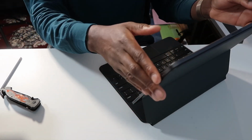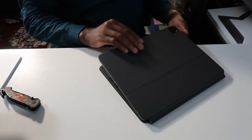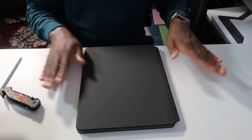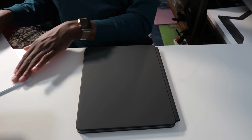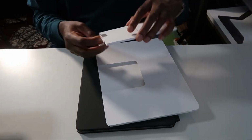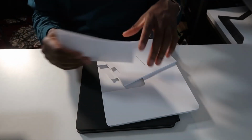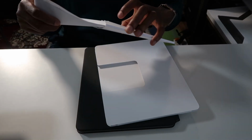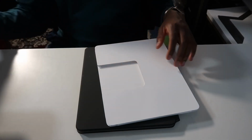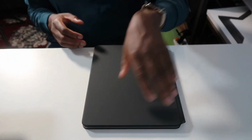So all right, let's try to close this down now. Wow. Okay. Flat and nice. Let's see if there's any other packaging inside the box for the keyboard. So it has this. What is it? Apple sticker, Magic Keyboard instructions. No Apple sticker. It's pretty self-explanatory how to set up. You don't really need the instructions for this. So, and then it opens out. The only thing is with the opening out part,